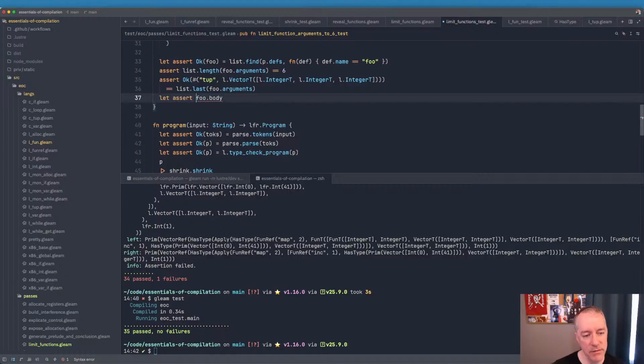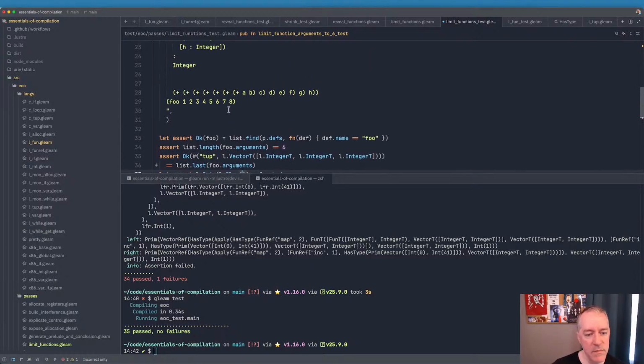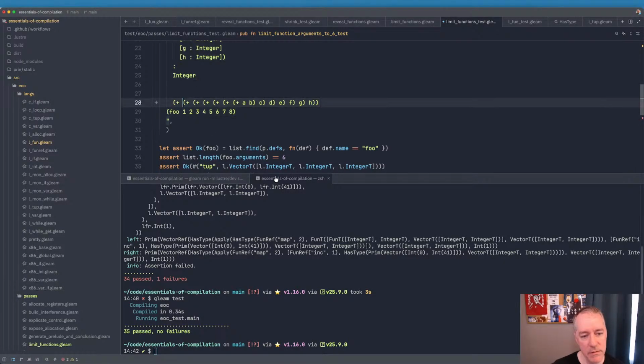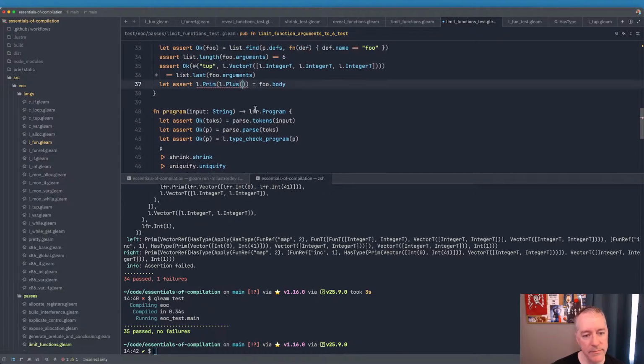Okay, let assert prim, so that's going to be a primitive operation of plus, and then A is going to be that. We don't care what A is. Why is that not matching? Okay. And B is going to be